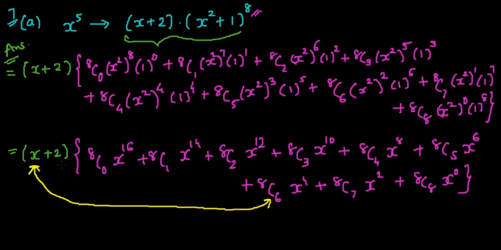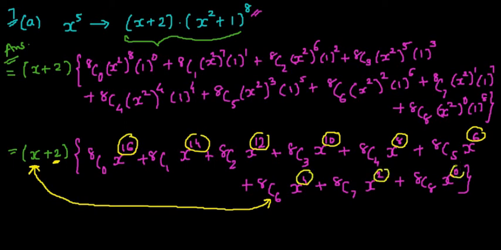Similarly, the second term of the first bracket is a constant term. When this constant term is multiplied to a term of the second bracket, to get x raised to 5 we would need an x raised to 5 term there, but there is no such term in the second bracket, because all the terms are having even powers. See, the powers are even, decreasing by 2 all the time, so we don't have any x raised to 5 term over here. This is 4, this is 2, and this is 0, all even numbers. So only one term we are going to get.